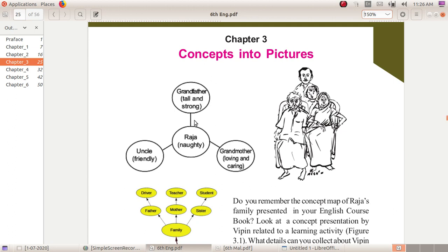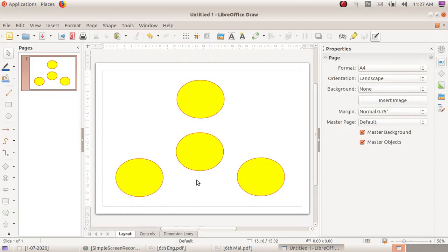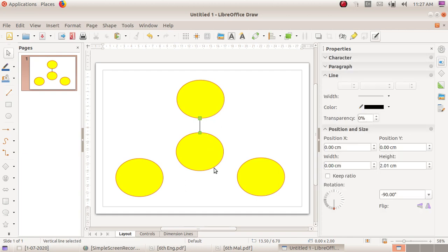Now we can add these three lines to the picture. Click on this insert line option, then click on the starting point and drag and drop the mouse.